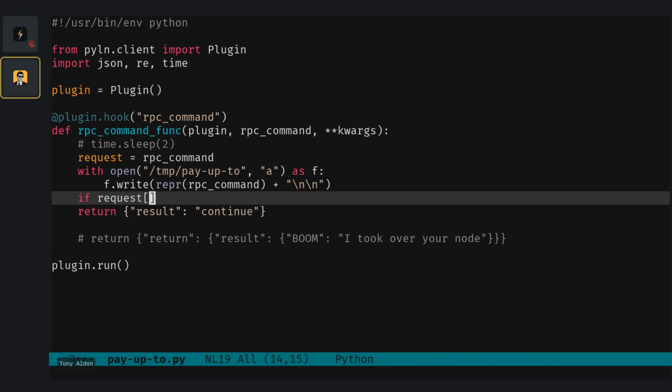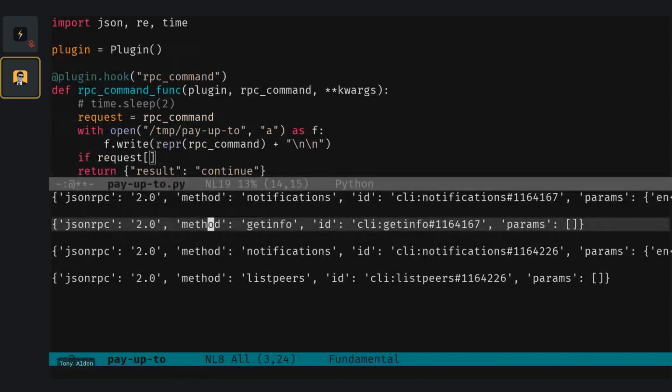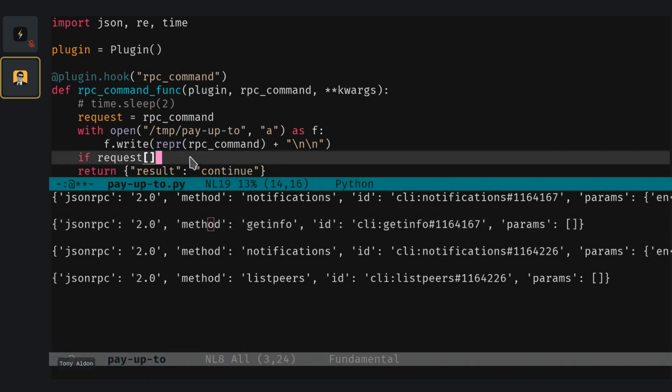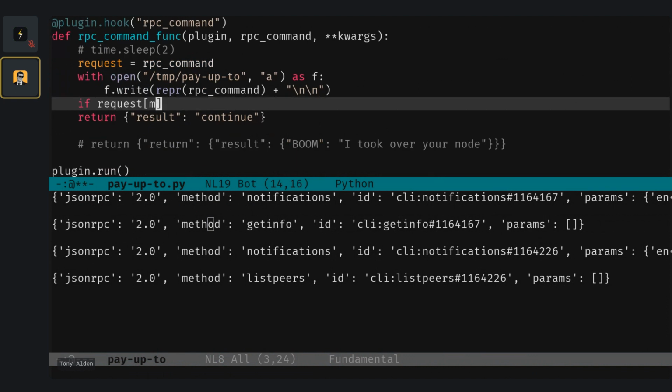So if we look at pay up to that we are here, we see in the request that we have the fields jsonrpc, method and params. Let's do method, and if the method is equal to the string getinfo,